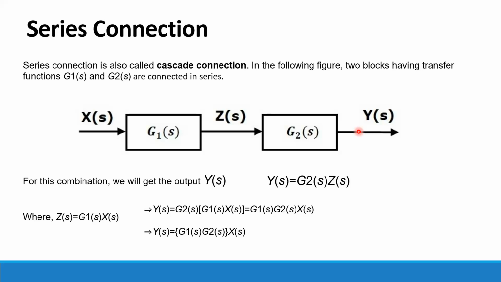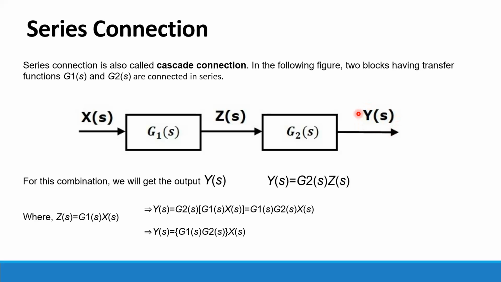The overall output is Y of S, and the overall input is X of S. For this series connection, there is one input X of S and one total output, that is Y of S. So for this type of combination, the output of the combination is simply given by the product of the gains of both blocks. Like if the total output is Y of S, then Y of S is given by...